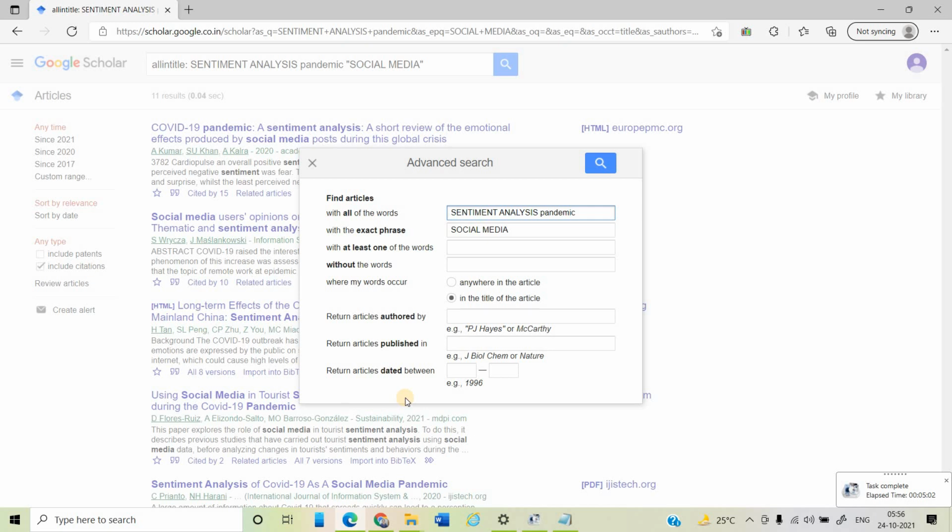Another option is that if you want to search papers or articles between some dates, like between 2015 and 2021, for that you have to use this option. So let me show you these options one by one. First is return articles authored by. So if you want any author's article,